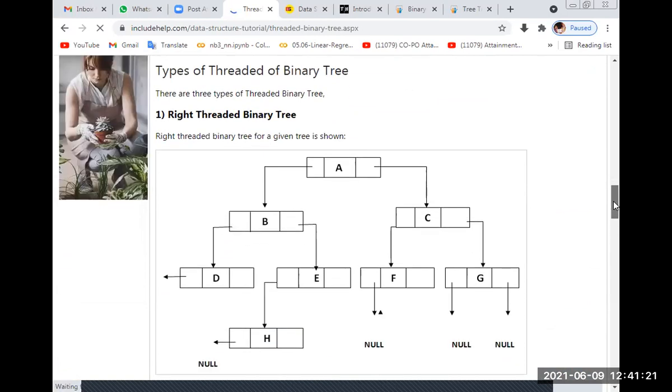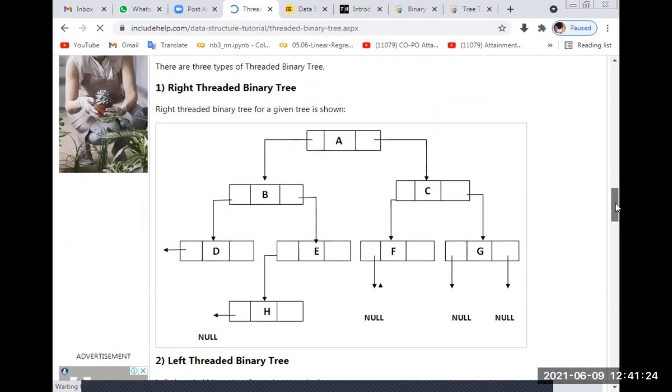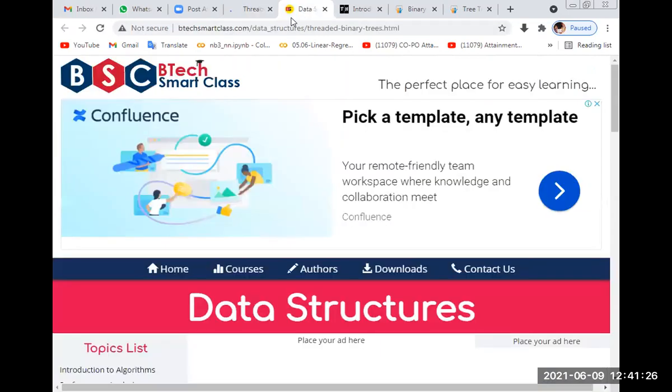Okay. So see here, this is the pictorial representation of threaded binary tree.